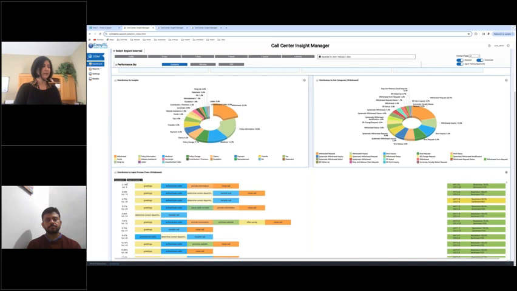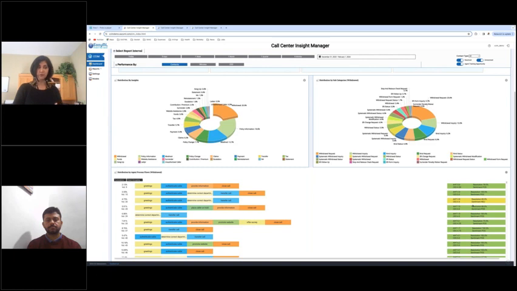If you see on the left, it also shows the percentage of calls that are following that particular sequence of steps for resolution. And on the right, these are all the key figures pertaining to those calls. So the average handling time, the resolution rate, the customer effort score, the customer sentiment, etc., are all getting displayed alongside.